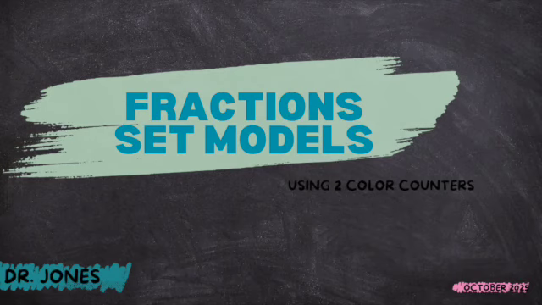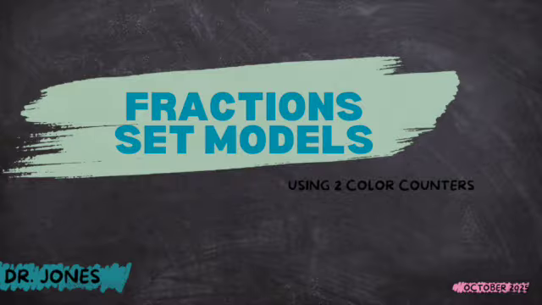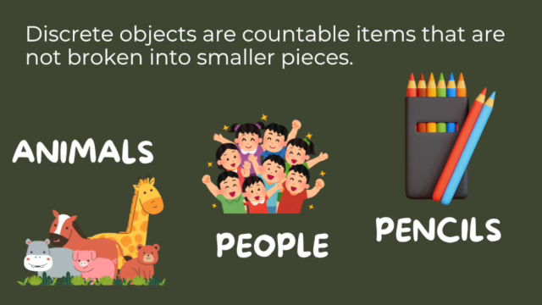Okay, now we're going to use the two color counters to think about set models with fractions. When we think about set models, these models are showing that a group of discrete objects are creating my whole or my set. And when I say discrete objects, what I'm talking about is a whole object that is not